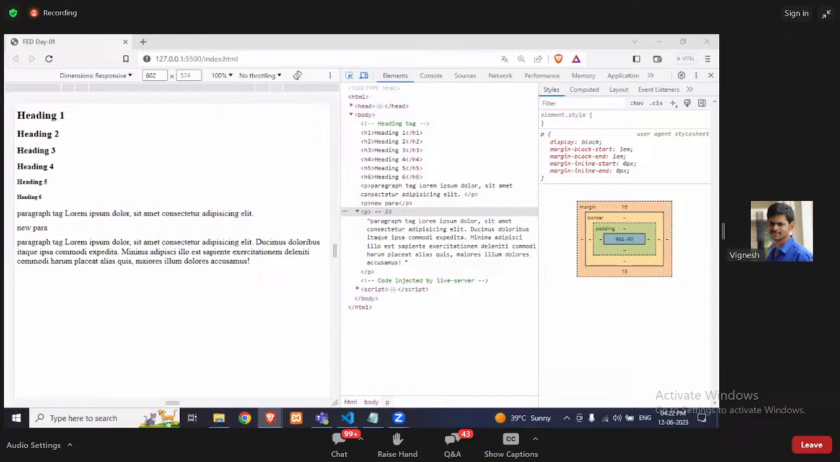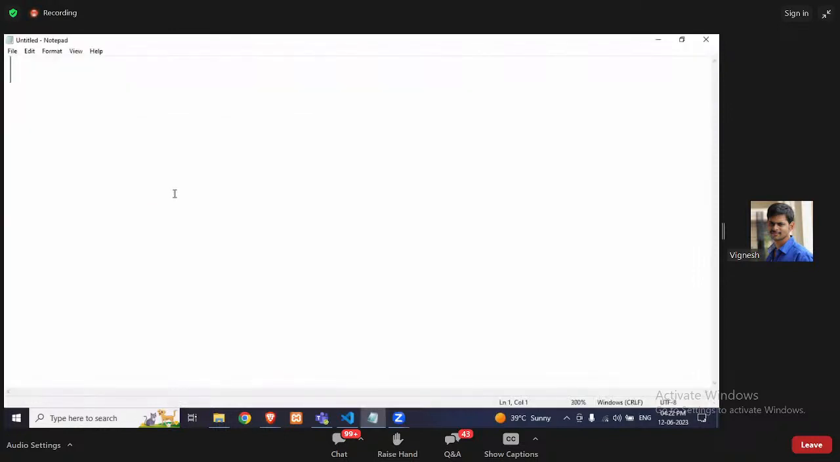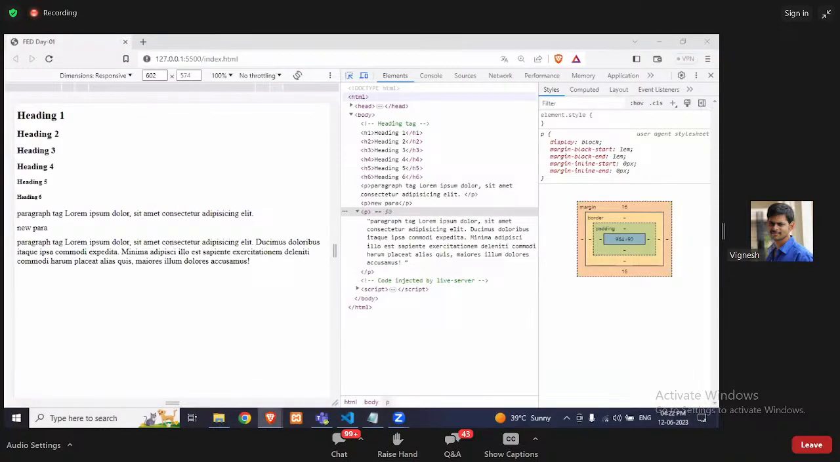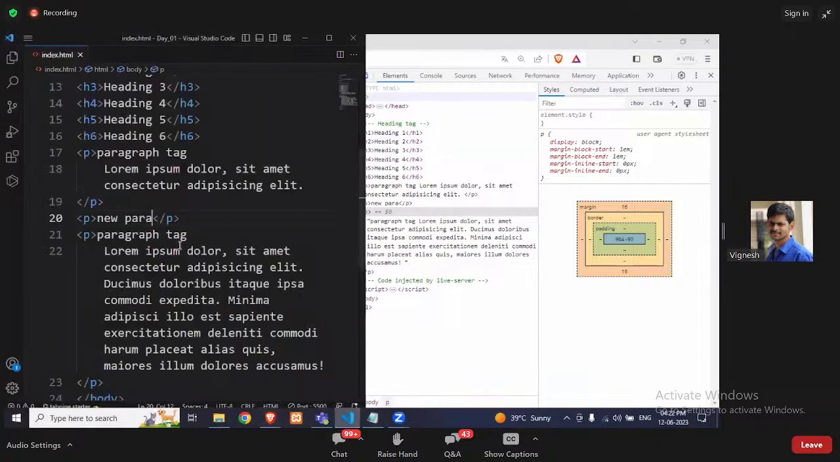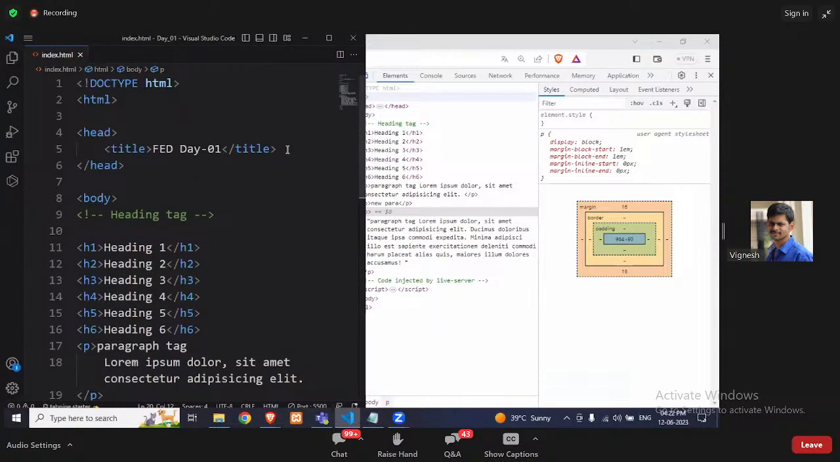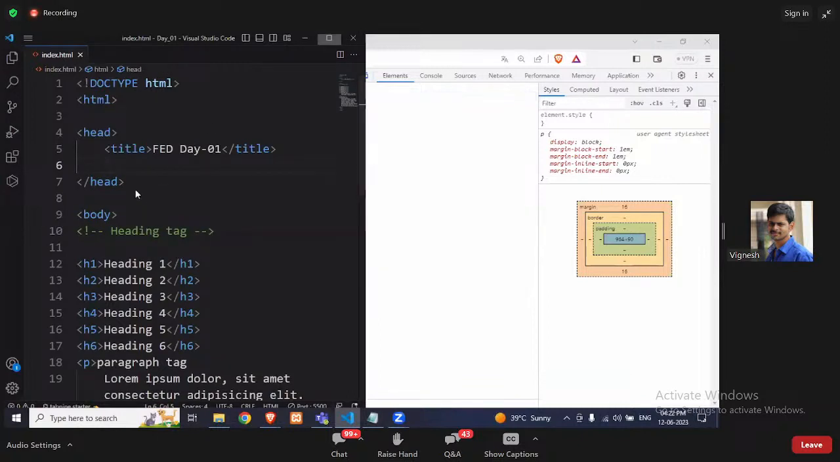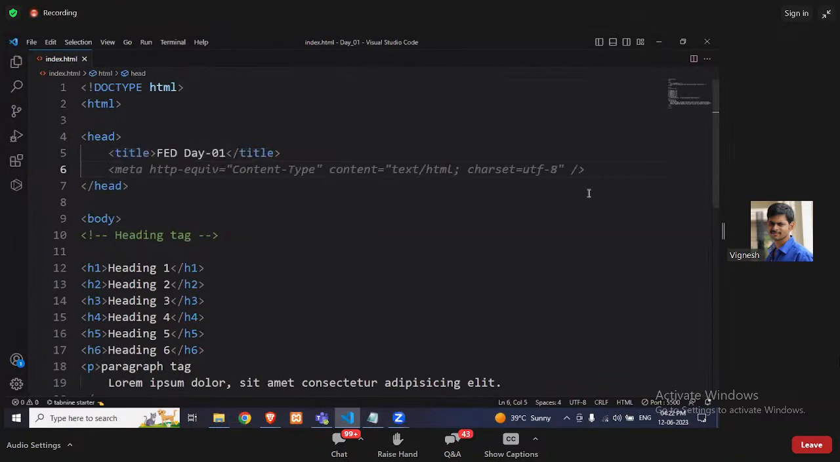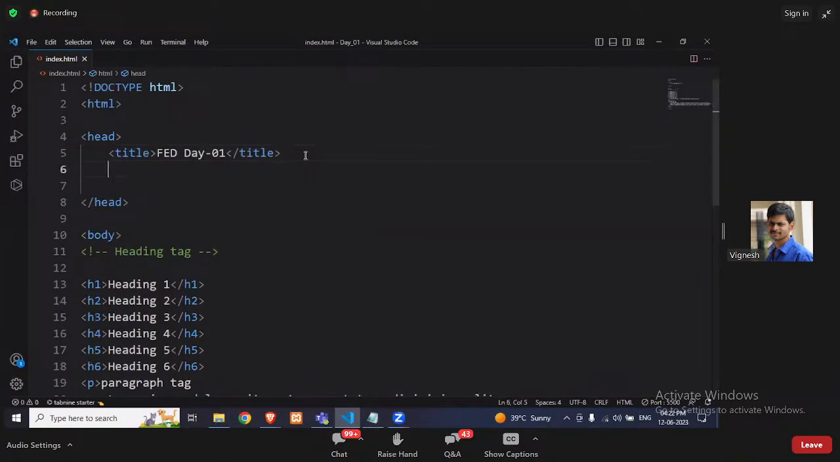Actually, we also have one trick. We can make our page auto refresh every time. For that, suppose whoever is using Notepad or Notepad plus plus, those students can do this. In the head tag, we have one meta tag. I will make this full screen. Not for all, only whoever is using Notepad or Notepad plus plus, instead of refreshing the page again and again,